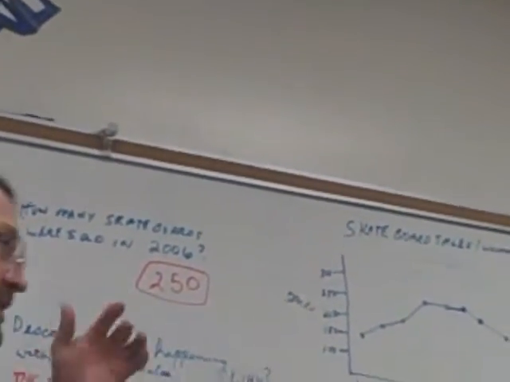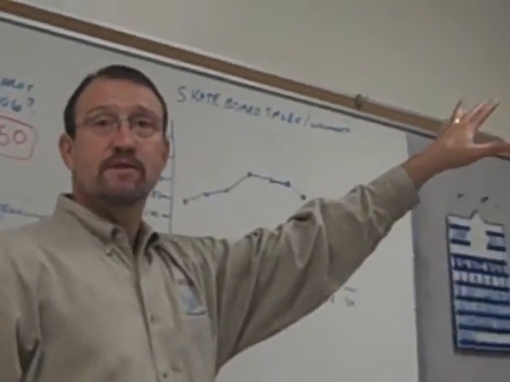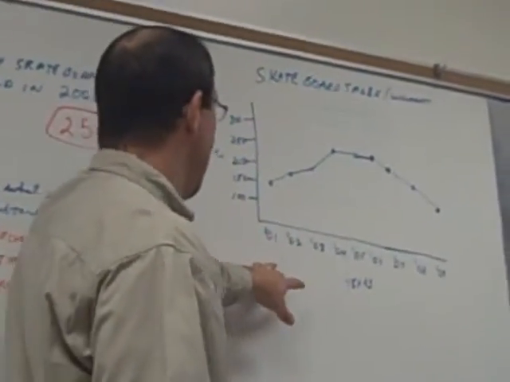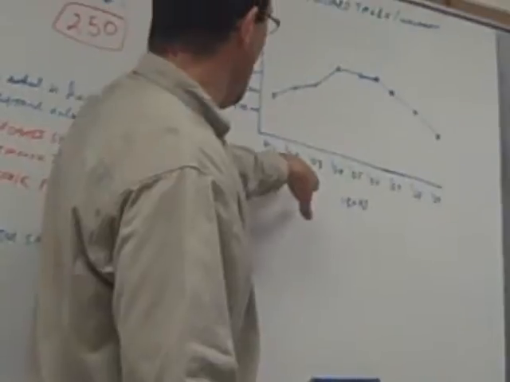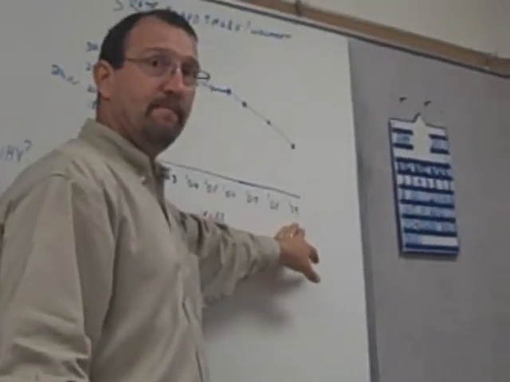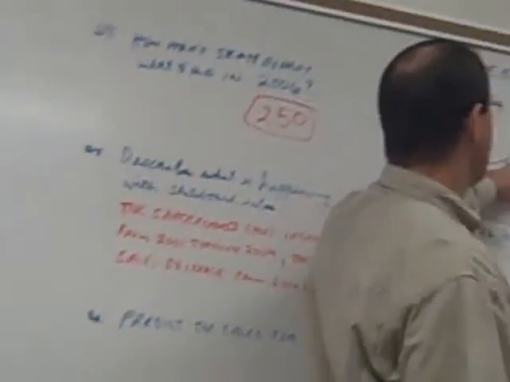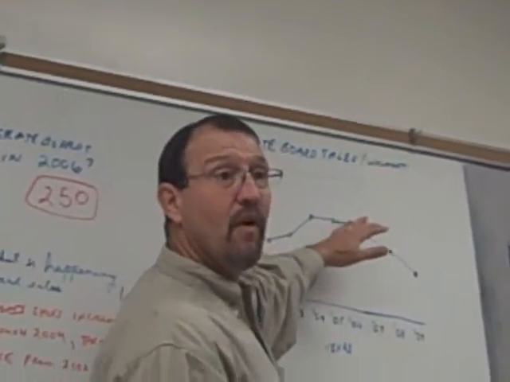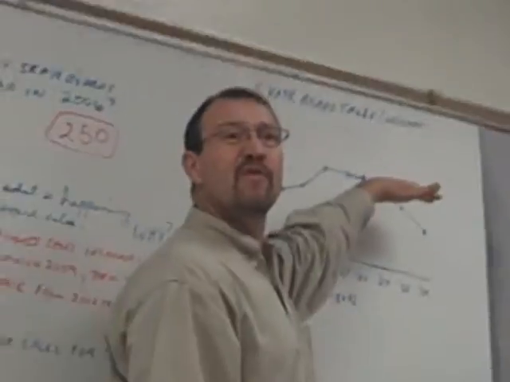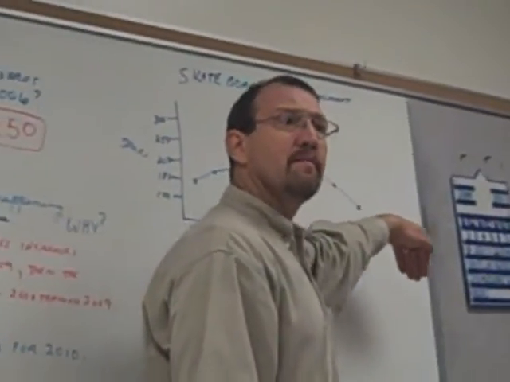Okay, first, let's think. We're talking about skateboards. We're talking about the years 01 through 09. At the first part of the 2000s, people were just going for them. Then it kind of leveled off, and then toward the end,